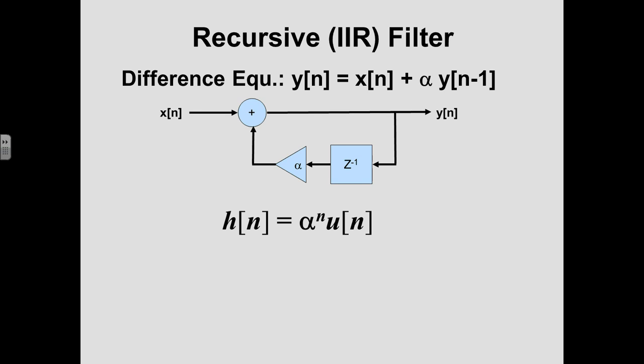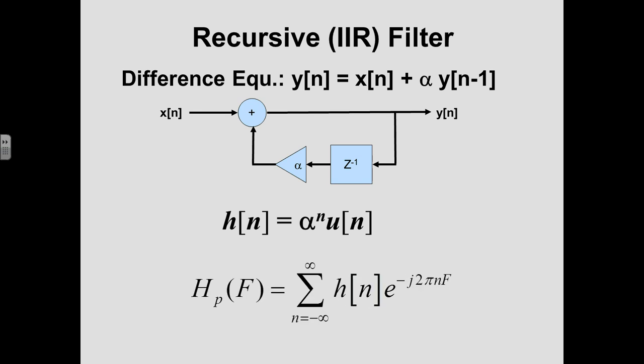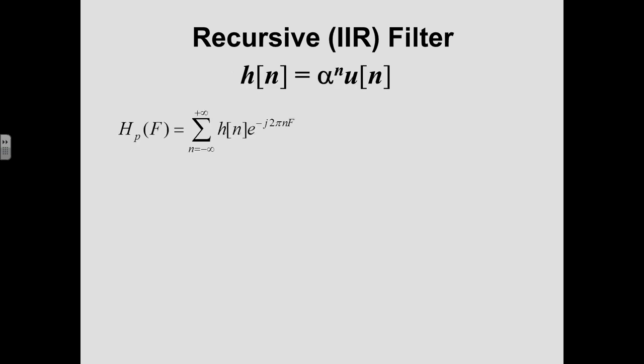So with our recursive filter, we found the unit sample response is alpha to the n u of n. That depends on alpha, of course. Now, if we're going to find the frequency response, we'll take the discrete time Fourier transform of that, and that's actually the same example we've done a couple slides ago, where we had an alpha to the n u